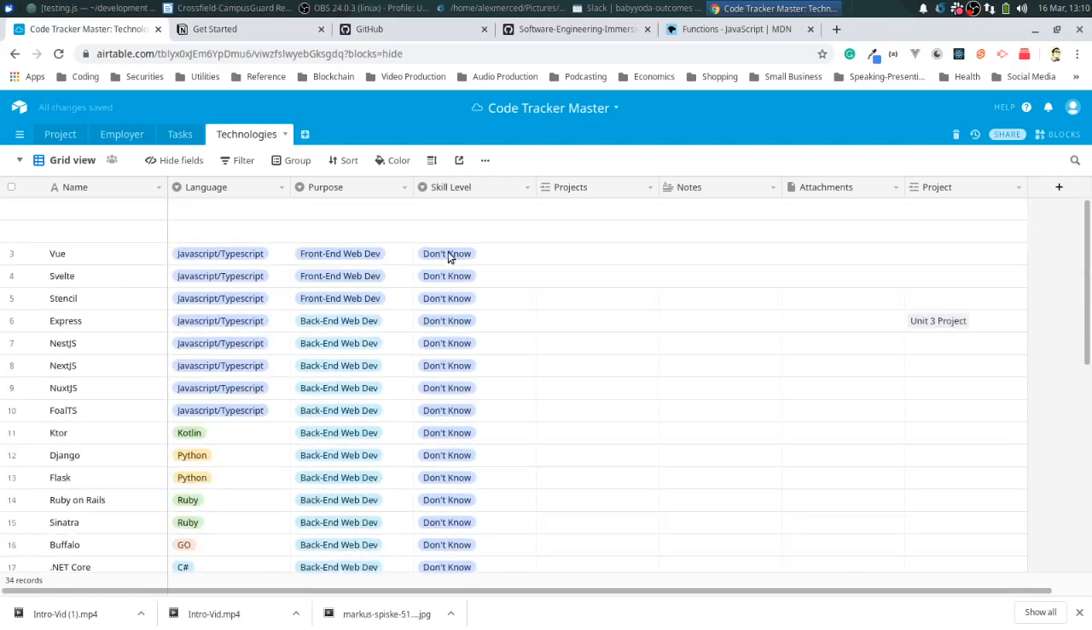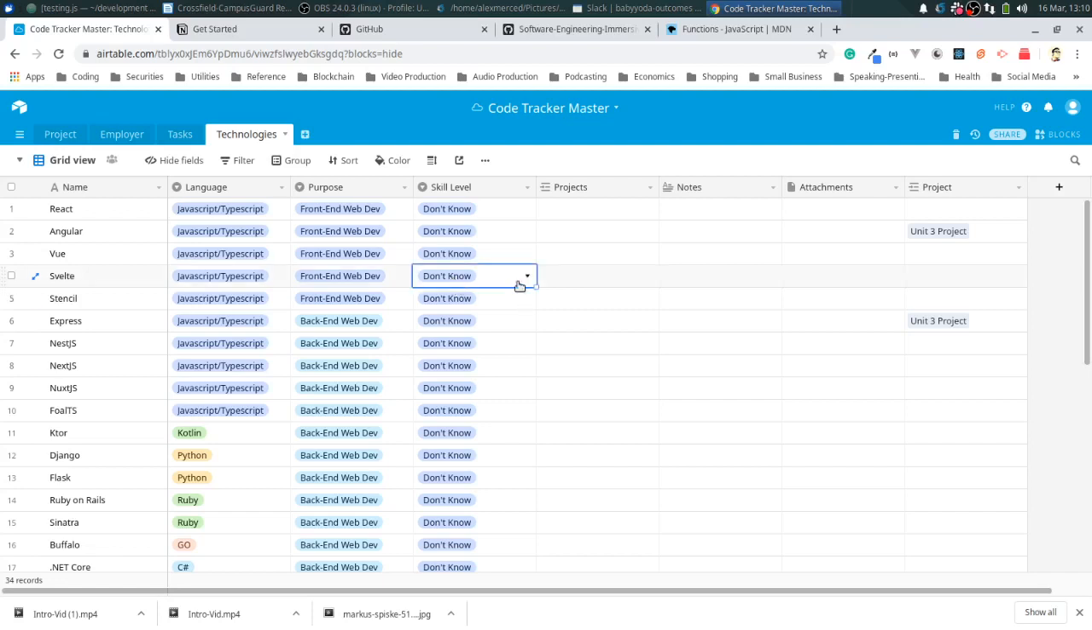And then here you can keep track of your skill level. So if you don't know it, leave it as don't know. Once you learn the basics, you can upgrade to know basics, comfortable, expert, and the idea is just to keep track of your own personal development, and you can see what projects you may be using